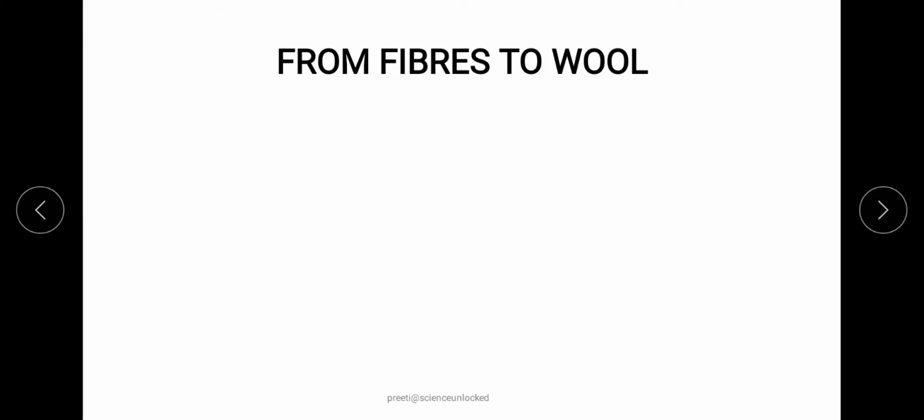In the previous session we covered the basics of how exactly wool is extracted, from where it is extracted, and which kind of hair is used in this whole process. Now let's get into the detail of this processing, that is, how exactly a wool fiber is finally made out of the hair of the sheep.